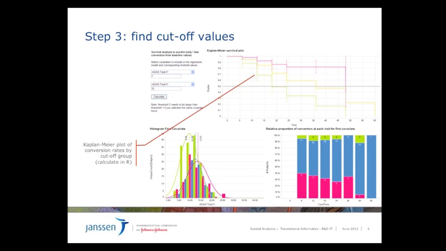So can we separate the two, for example, based on an ADAS-Cog score or based on a combination of measurements? That's the idea. So a technical person or a statistician preparing the analysis, specific analysis in this case for a particular research question, but the clinician actually using the application and being guided towards